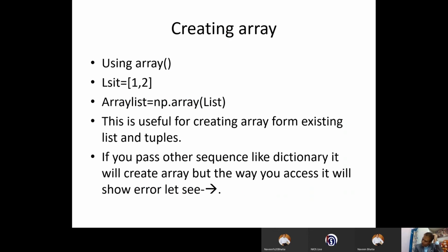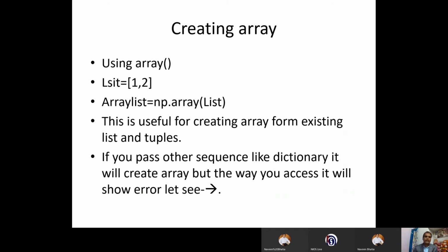Now, last time I told you that apart from numpy.array, or np.array, there are so many methods available to create an array. We will learn here using array. See the example: list is equal to 1, 2. This is a list, right? When you type the same thing, if you are getting an error, please change the variable name. That's why I have changed the variable name to LSIT. Don't write it as LIST. It will show some error because it may be a reserved word. Case sensitivity is there, capital letter, small letter.